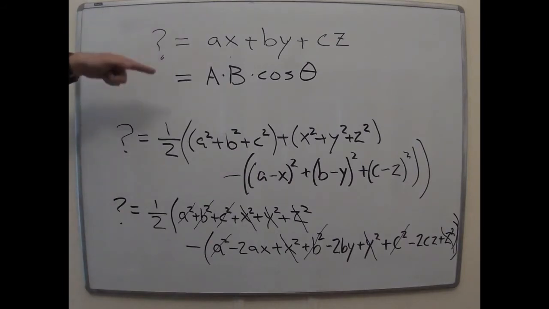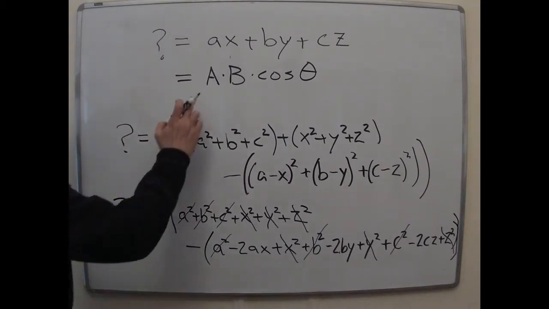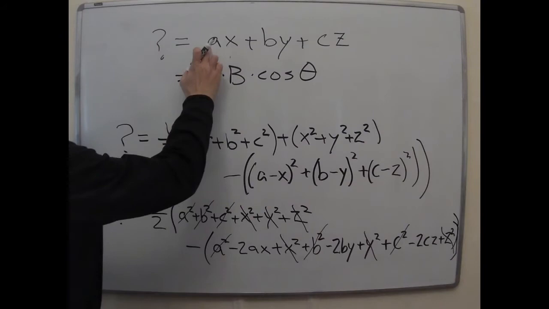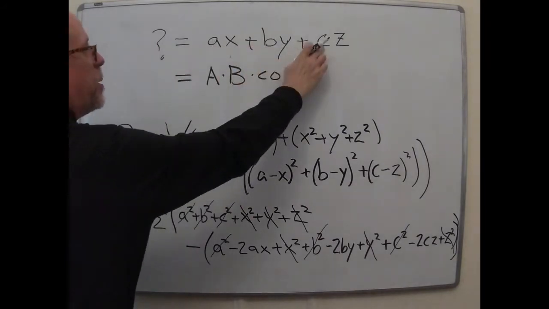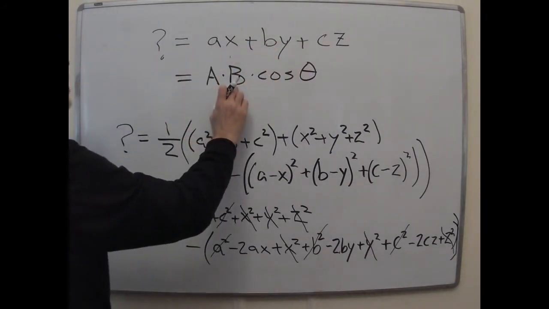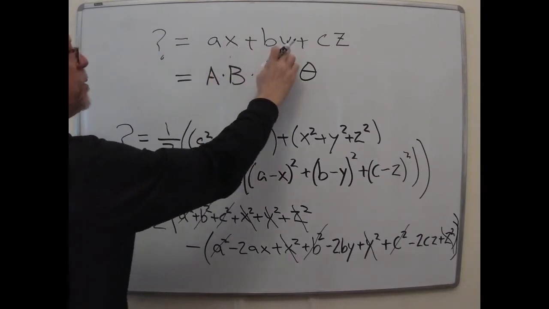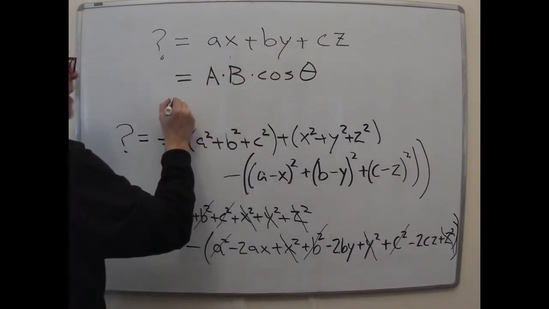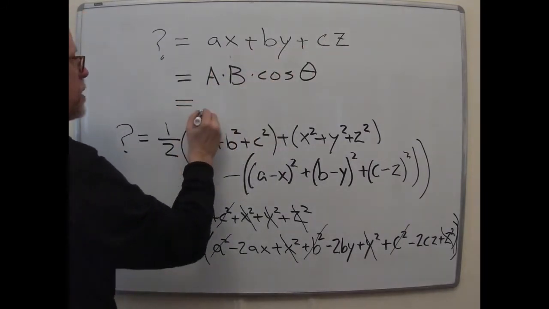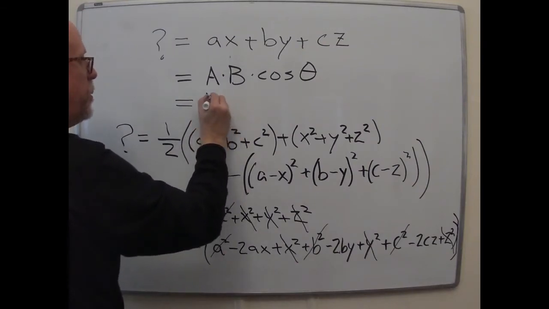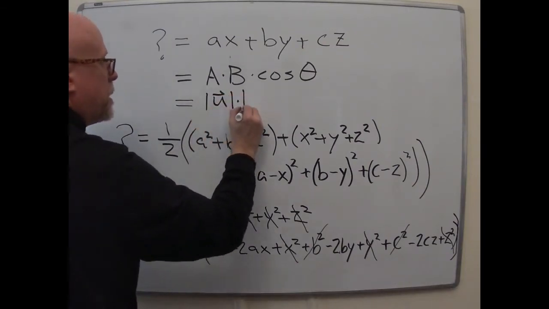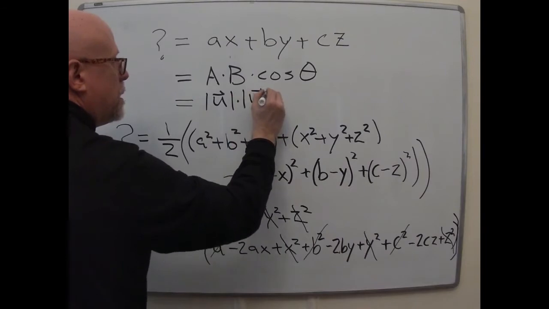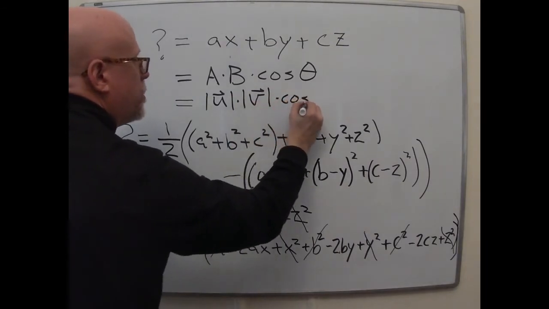So these two things, since they're equal to the same thing, must be equal to one another. And what was a? That's the length of the vector whose components were a, b, c. And what was b? That's the length of the other vector whose components were x, y, z. In terms of the vectors I just talked about, this is the length of u times the length of v times the cosine of the angle between them,